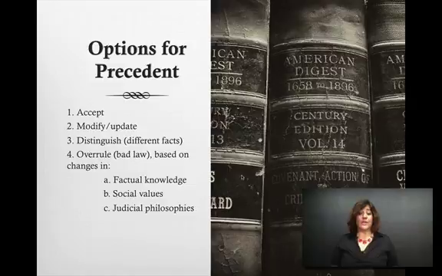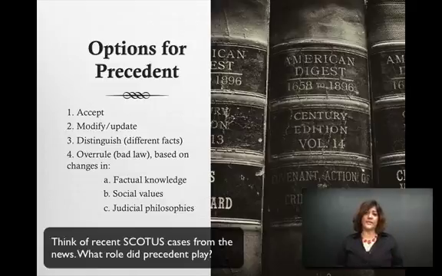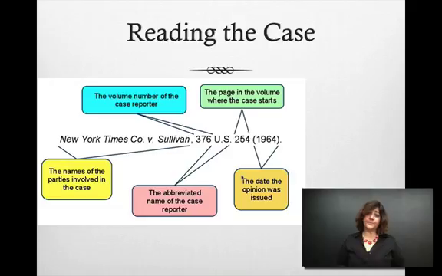One, he or she can accept what the precedent was and decide, okay, this is good law and we're going to keep this, we're going to apply it here. He or she can also modify that and say, well, the circumstances are a little bit different, so we need to kind of make a different determination here. They can also distinguish between different facts. So if the facts don't apply per se completely to the precedent, we can make an alteration there. Or they can decide simply that it's bad law and they can overturn that based on changes that we have on different facts that have come into play. Social values may have changed as we evolve as a society. And then philosophies of judges are different.